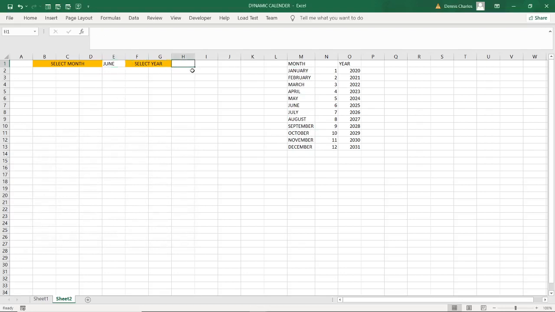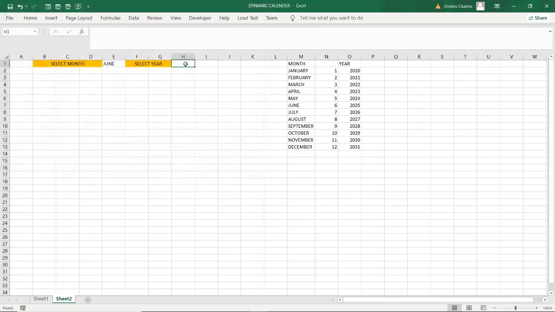Now for the same, I'll do the same for the year. I go to data, but instead of doing that, I can use a shortcut where I press Alt plus D, then Alt plus D plus L. That is, if I press Alt D L, I need to get it.